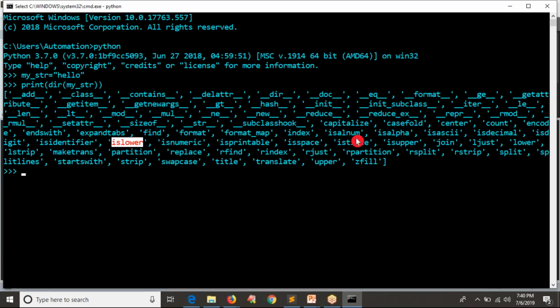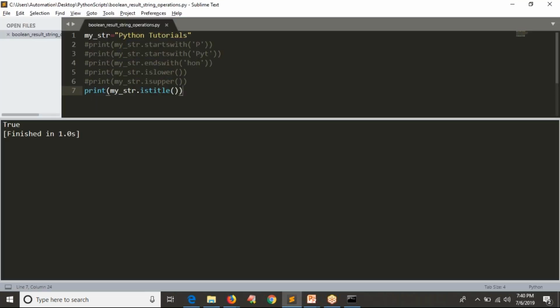Likewise, let me take some, is space. So is there any space in a given string? Is there any space in a given string? So for that you can use this operation, is space. Yes, we have a space, no? That's why you are going to get output as true. Along with your space, you're having letters as well, right?